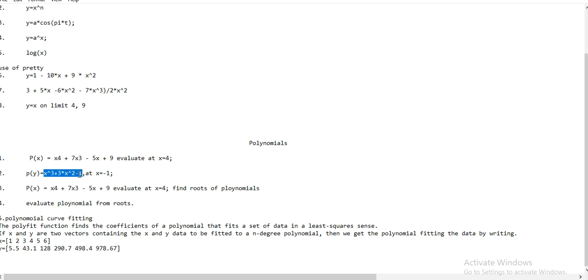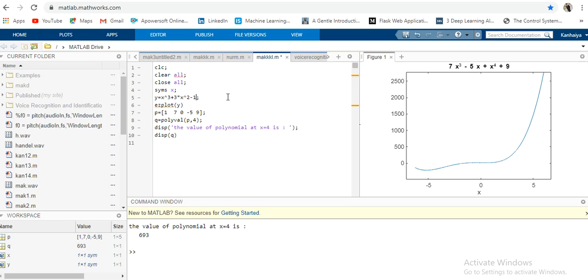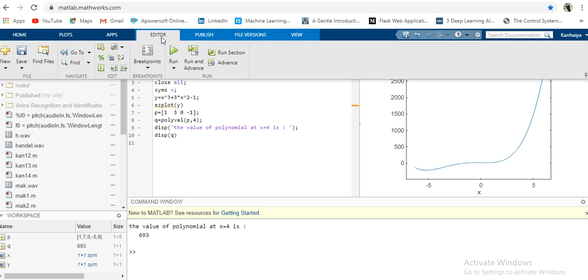Next problem, it is a very simple problem, but I will solve it. We have to find the value at x equal to -1. Let me put it here. Okay, 1 3 minus 1. We will not put -1 directly, because after x square it should be x to the power 1. So we will put 0, then -1. Okay, that's correct. Let's see for the second problem.